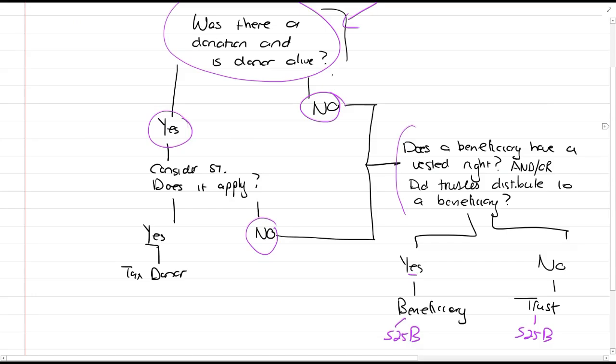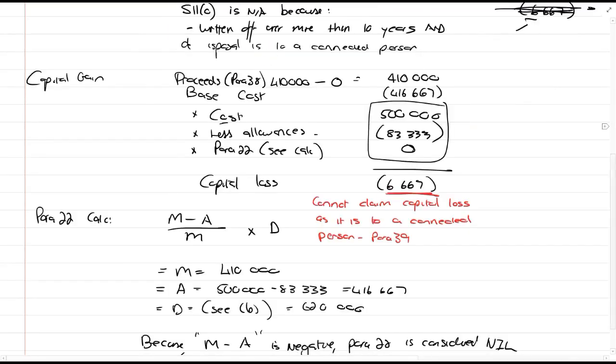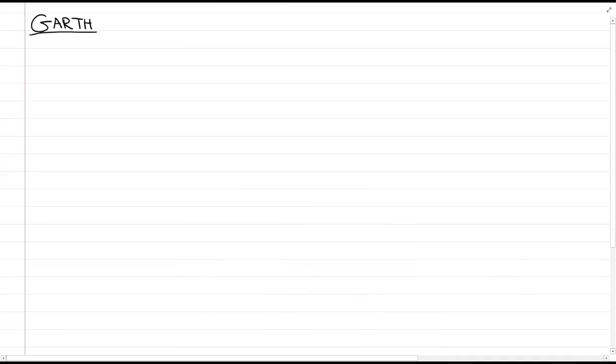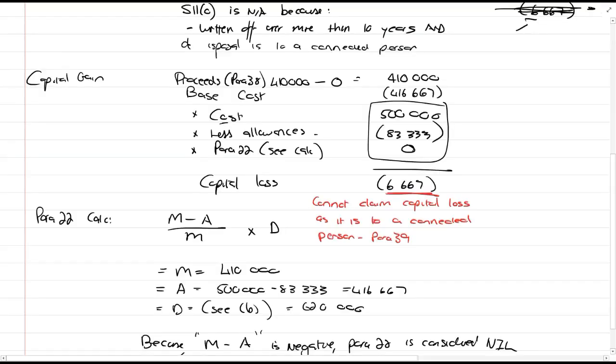Okay, so was there a donation? Is the donor alive? Yes, Alicia is the donor and she's alive. Does section 7 apply? Yes, she's a parent and this is a minor child, so who should be taxed? Alicia should be taxed. And you can test yourself against that the whole time. So I recommend you just go to Garth here, and I'll include the Alcumax dividend, section 7.3, Alicia taxed. It's much better if you can reference a section like that, guys. It's quicker than writing out parent to minor. So Alicia is taxed. We go to Alicia.